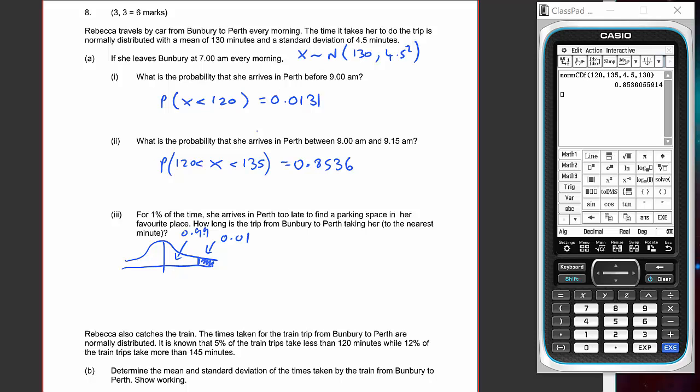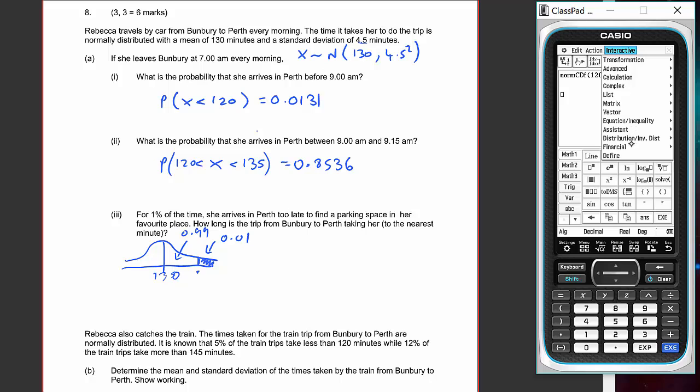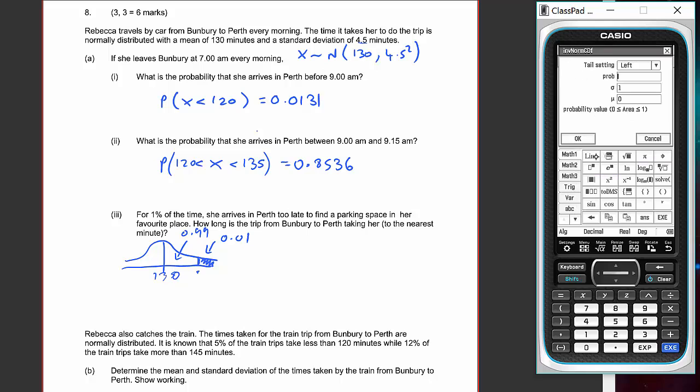So we're wanting the value just here, and we know that the mean is 135. No, the mean is 130, and the standard deviation is 4.5. So that's going to be an inverse normal, and we know the probability. So if we use a left setting, so that would be the 0.99 then, and we know that the sigma is 4.5